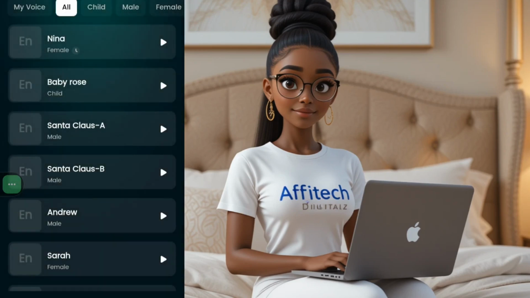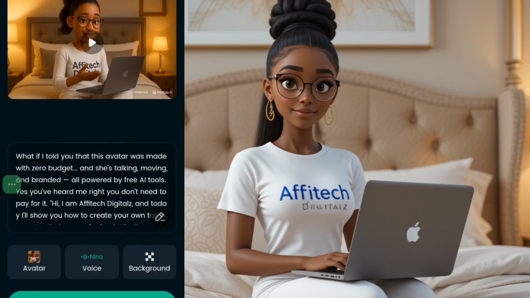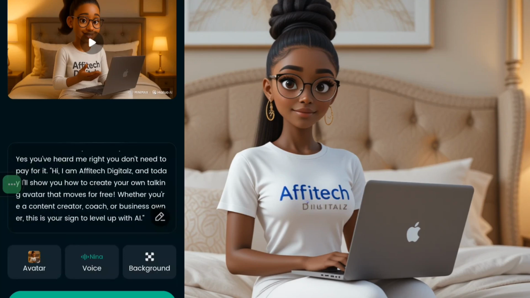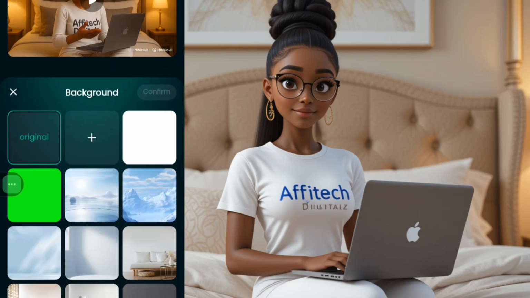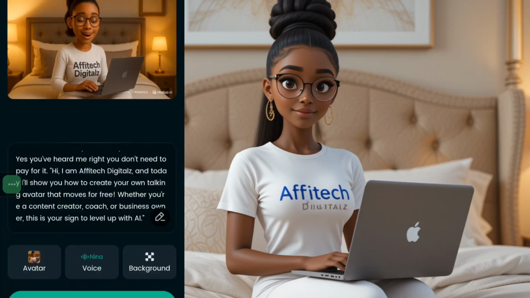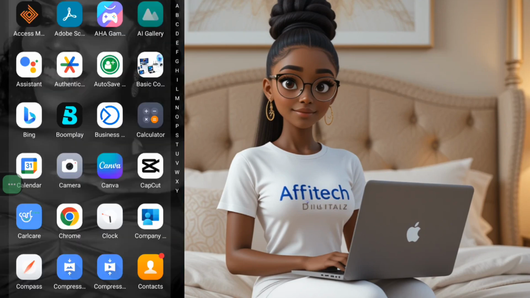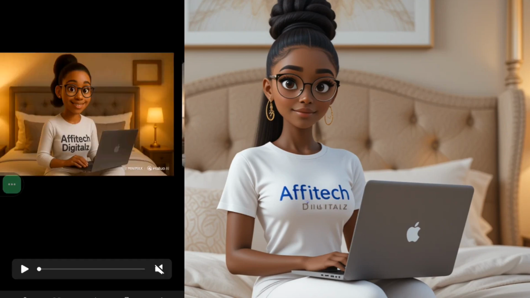When you click on voice, we have all voices. We have child, male, female. Let me come right here to these female voices and let's choose a voice. Hello, welcome to Dreamface. You click on this confirm. Then we can change the background of this person, any of these backgrounds, and you change it. But for me, I will go with the background we had already. Then you just click here to animate the video. Let's go back to our gallery and check if we have downloaded it, guys. Since we are using the free version, okay, this is the main video.